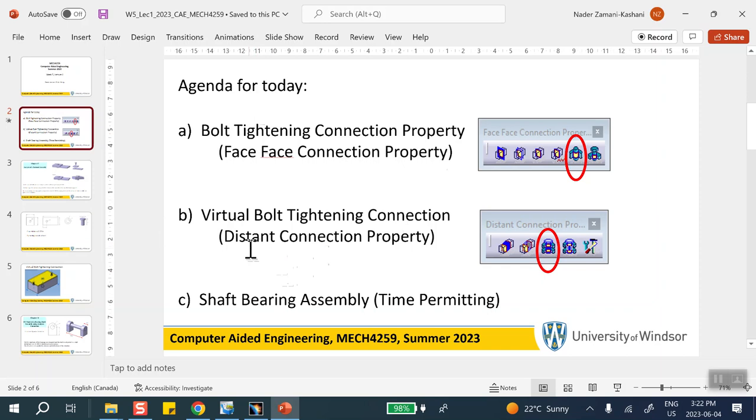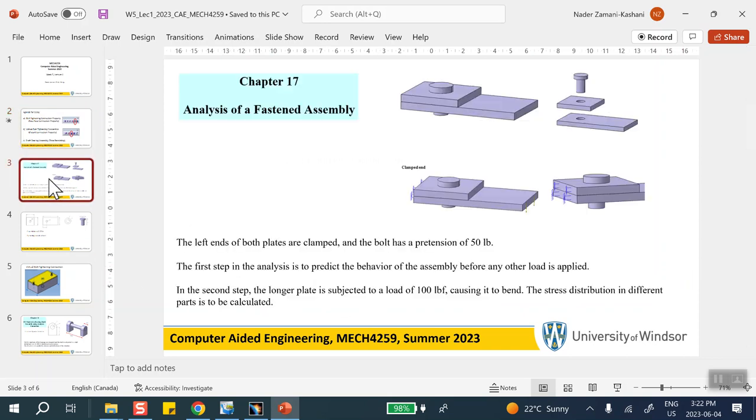If there is time left, I will go ahead and do the shaft bearing assembly that I made a crash video for you on how to actually set it up, but I didn't actually solve the problem, if time permits. Now, the first problem that I'm going to do is out of chapter 17, and